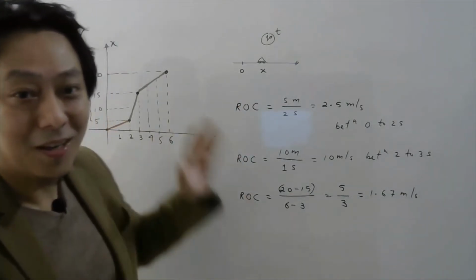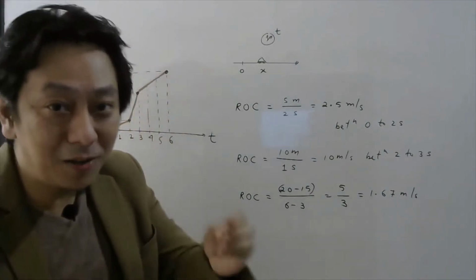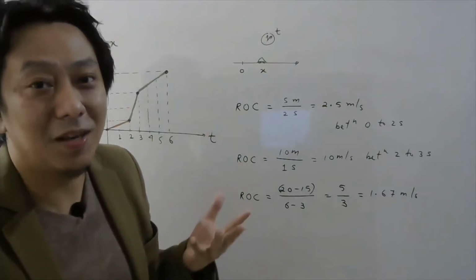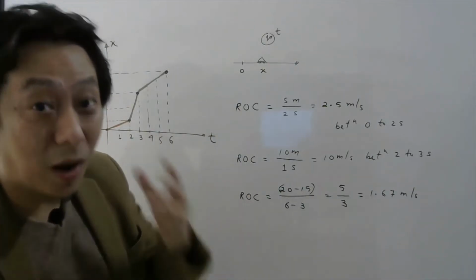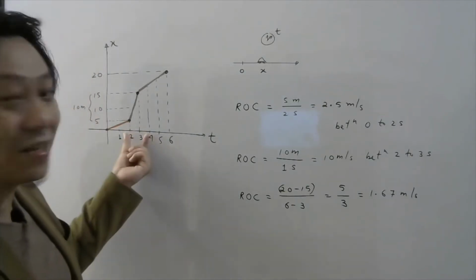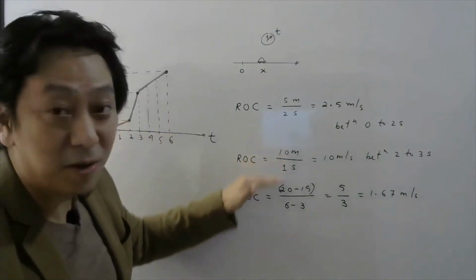So therefore, in such a condition, when such graphs are given, if I want to calculate the rate of change, you cannot simply say what is the rate of change. You have to ask what is the rate of change in this interval, what is the rate of change in this interval, what is the rate of change in this interval. Then I will be able to answer.